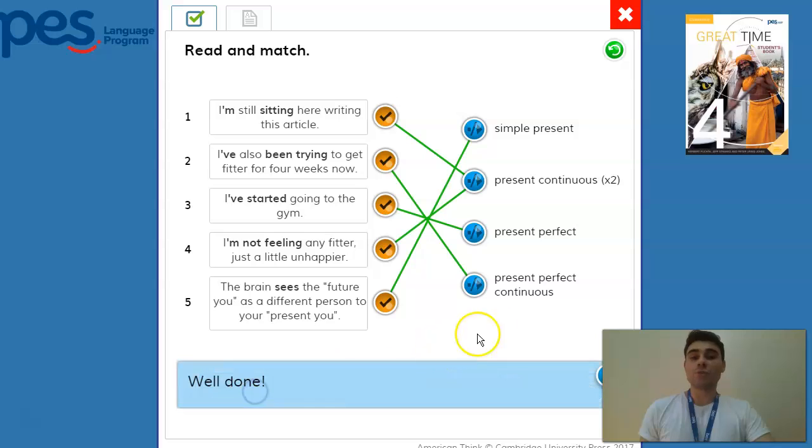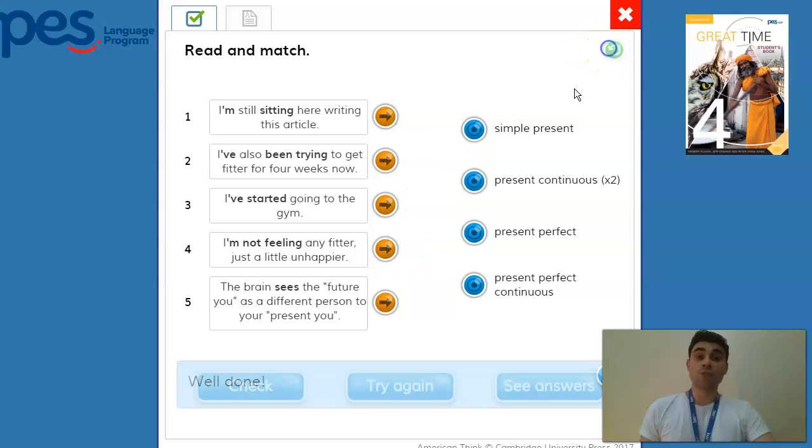Let's check our answers. Well done, guys, correctly, right? So number 1 is a present continuous tense, 2 is a present perfect continuous, 3 is a present perfect situation, 4 also a present continuous situation, and 5 a simple present situation. So now remember, we needed to